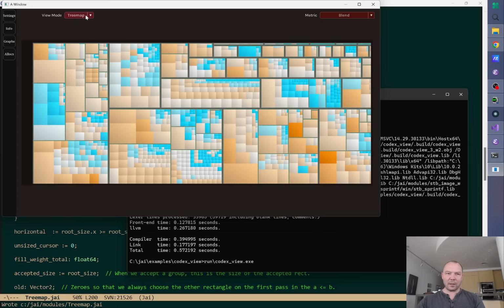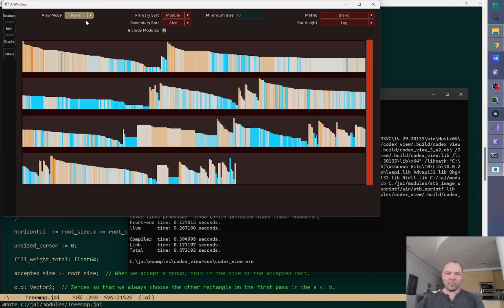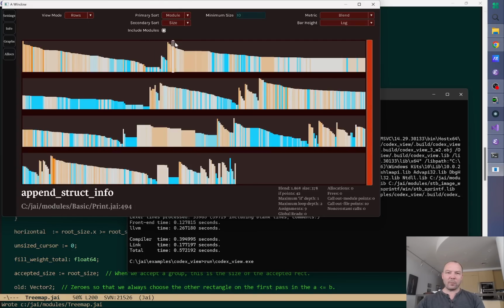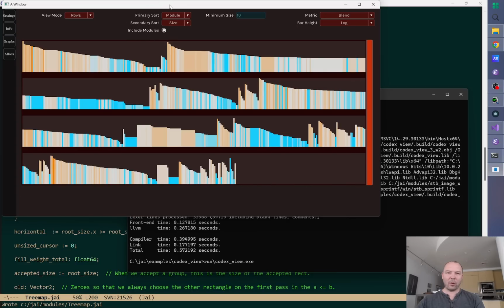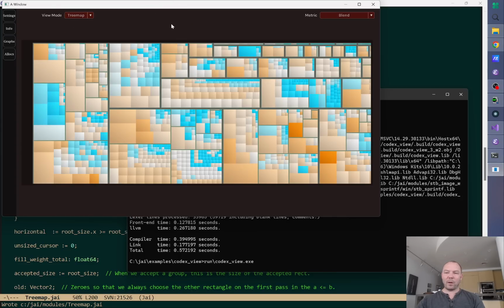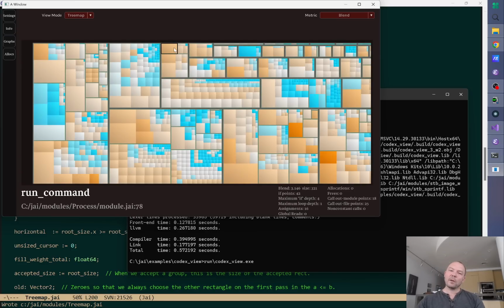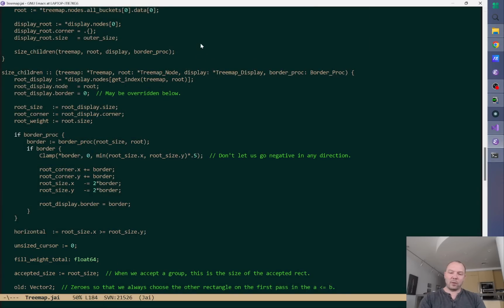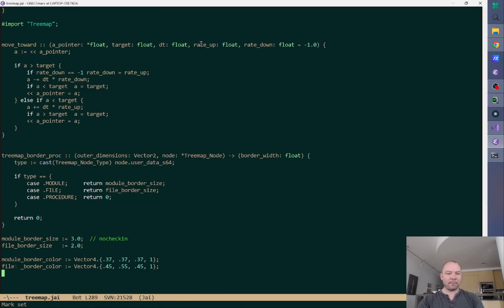And so let's add a thing. I want to put these over here where the primary sort and secondary sort and stuff are. We're going to have things that say module width, border width, right? I don't really want to give people a slider or something because that's just silly. We can give them like 4 options, right? So border thickness